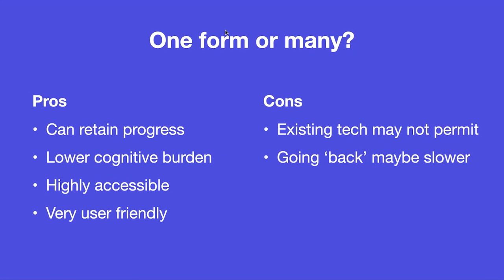You're lowering the amount of cognition required, so they don't really need to think about it much, which is good for everyone. It's nice to just have an interface where you're not really trying to think about it, but for some people that's a real barrier to their accessibility, so good to keep in mind. Generally, this approach is super accessible. You'll see a little bit more detail in a minute, but it's great for things like validation and so on, and just generally works really well with screen readers. You're not hearing unnecessary stuff every time you load a page, and it's just really user friendly.